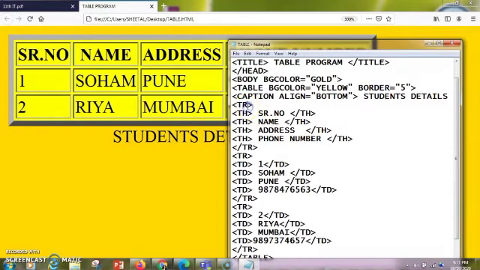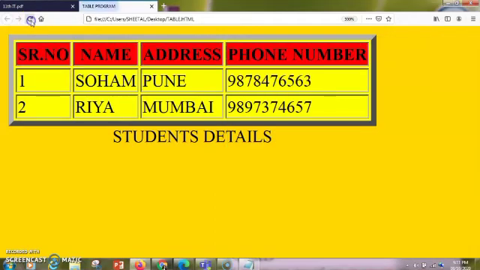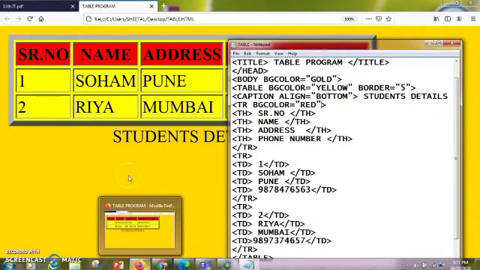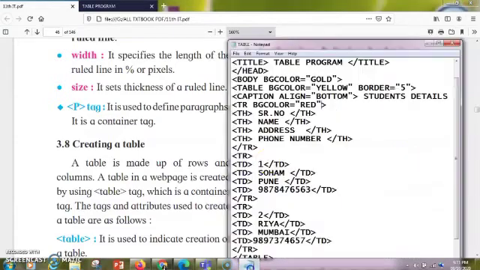If you want, you can give a background color only for one specific row also by setting the value as red for the header. So like that you can see the output is red here. So this is how you can format your table accordingly. And one more attribute we can use here is the border color.